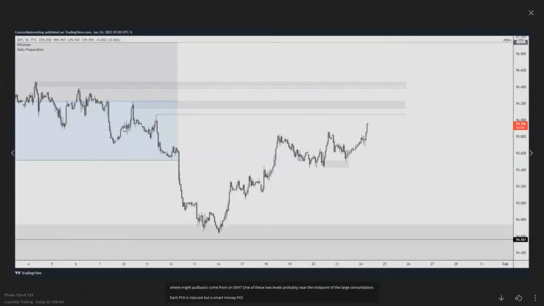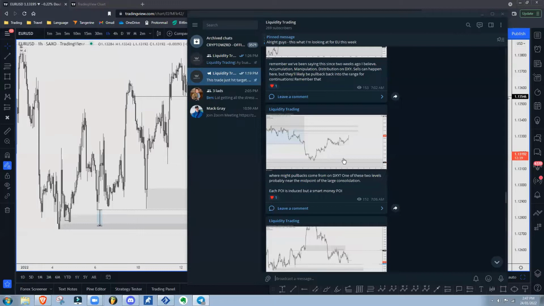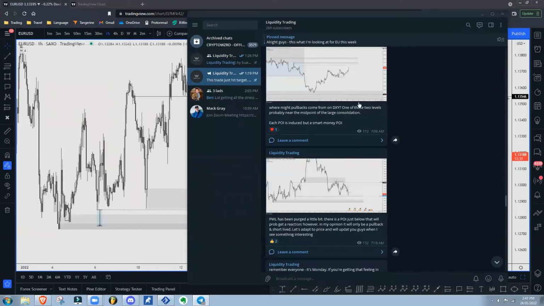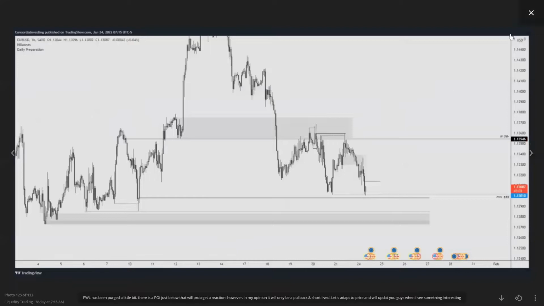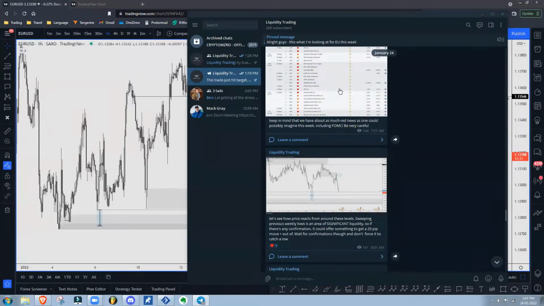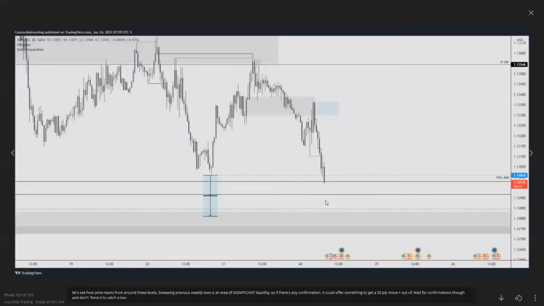So again, this is where I pointed out that for intraday, I'm looking for price to get up above here, that sweep, and then dabble into this leg potentially. And then from there, we'll probably get a pullback, which if that happens, then we can go for longs on EU. So we see that the previous week low gets swiped. And then I would just show the news events. And then I said right here, okay, let's see how price reacts around these levels right here.